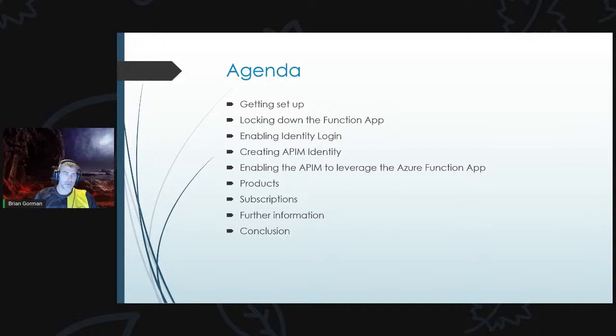So that's going to be our security level. We're going to be looking at the APIM and how we create the managed identity in that in order to make sure that it can authenticate in the Active Directory. We'll be looking at then wiring up the APIM to leverage the Function app. And we'll talk about products and subscriptions and what that means within API management and how we can make that